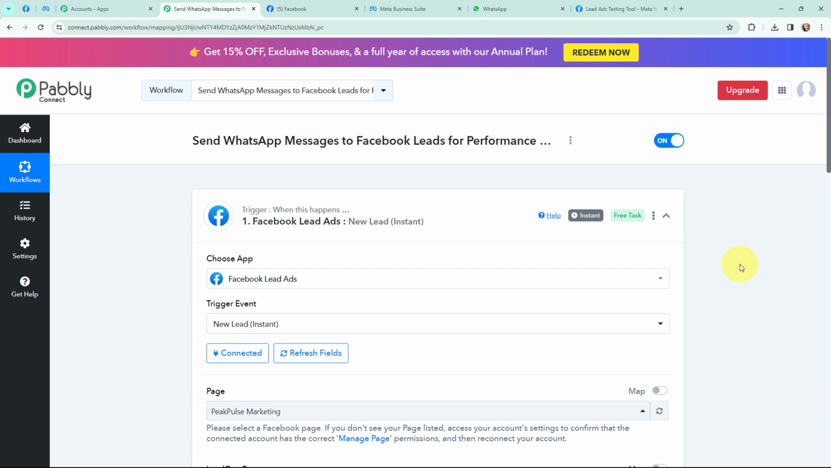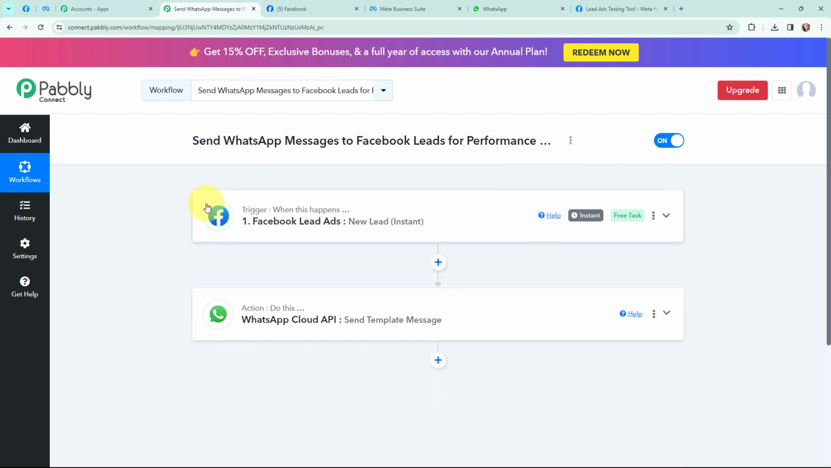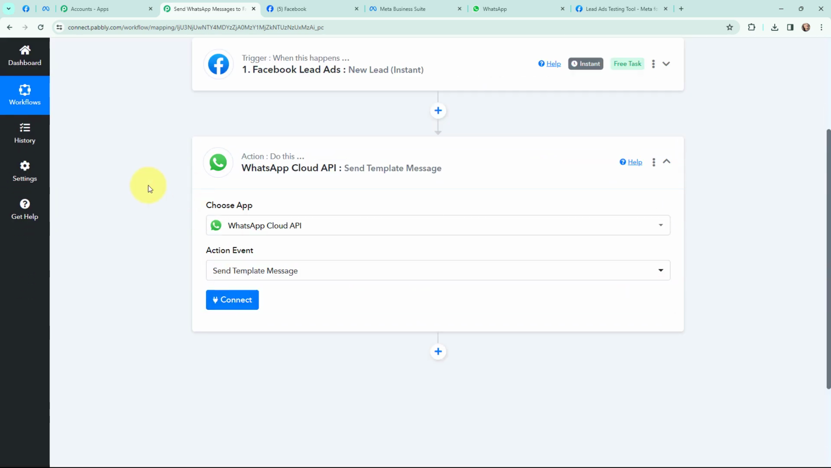That means now whenever I'm going to receive a new lead through Facebook lead ads, then automatically the lead details will get captured over here in Pabbly Connect. So this trigger will instantly capture the new incoming data and the workflow execution will start in real time. So as I've got the lead details over here in Pabbly Connect, now I want to send a WhatsApp message